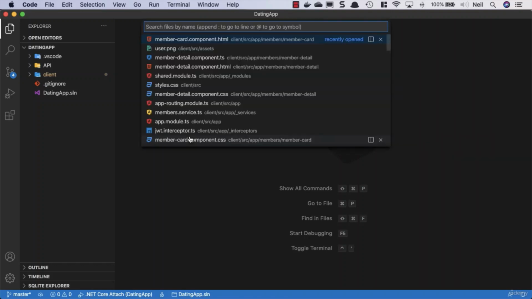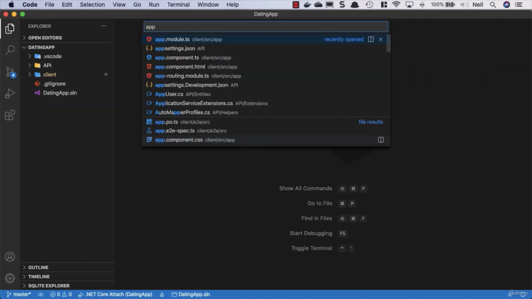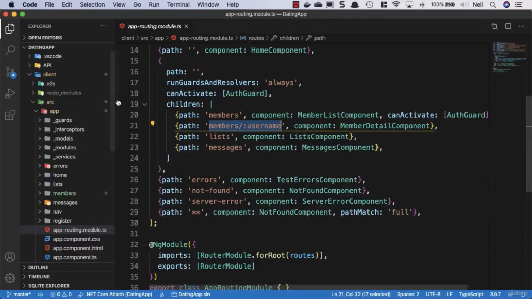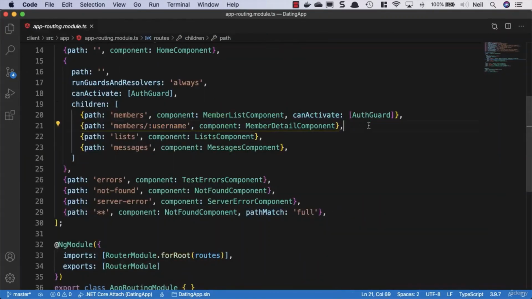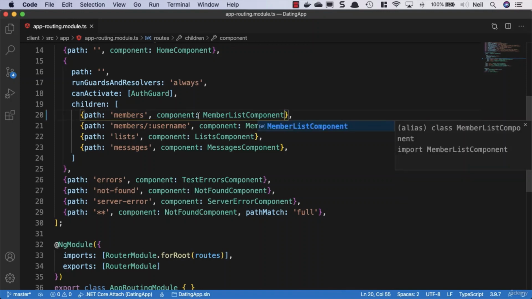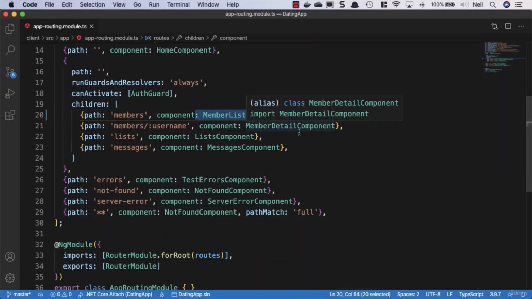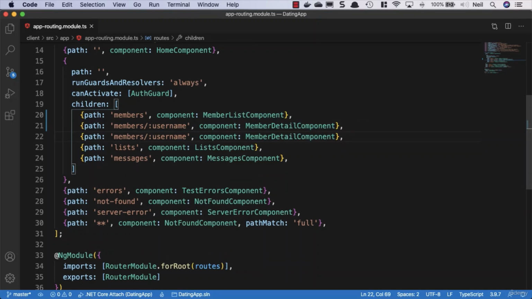Now we don't have a route for this at the moment, so we'll go to our app routing module. Obviously we're going to make this authenticated, so we'll stick it inside our protected routes. I've just noticed we've got our canActivate here as well. We don't need that there. Obviously it hasn't done us any harm, but it was unnecessary to have it there. And we'll just drop this one down, and we'll say